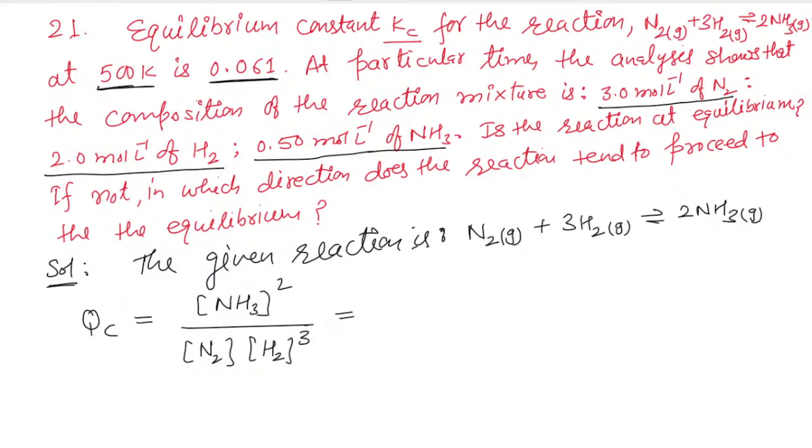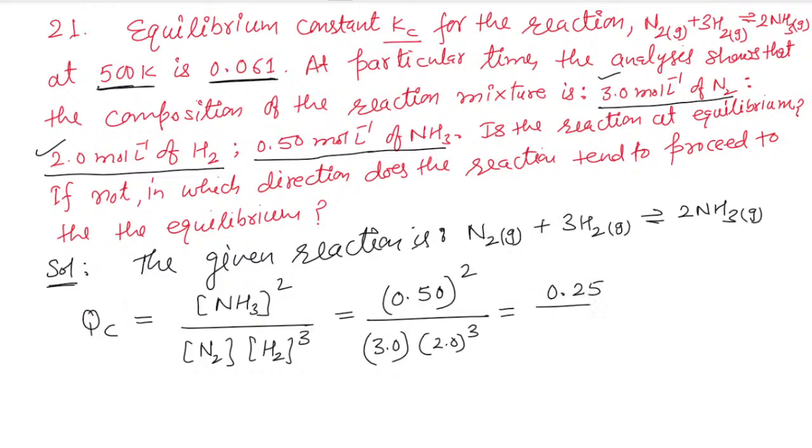Now, the concentration of ammonia is 0.5, so that is whole square, divided by the concentration of N2, 3.0 raised to power 1, and H2, 2.0 raised to power 3. So that is 0.25 divided by 3 into 8, that is 0.25 over 24,